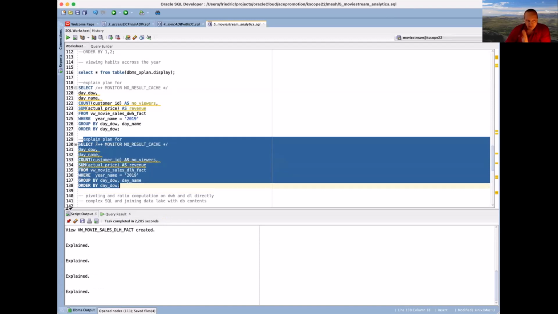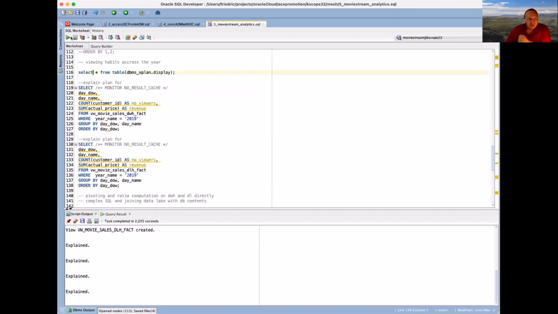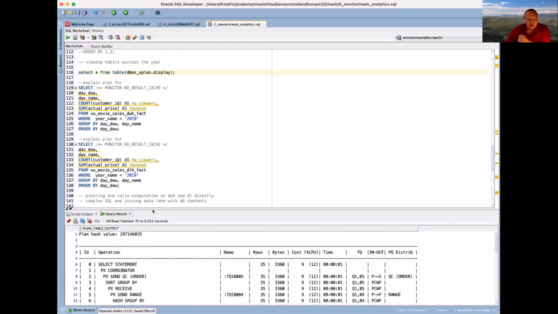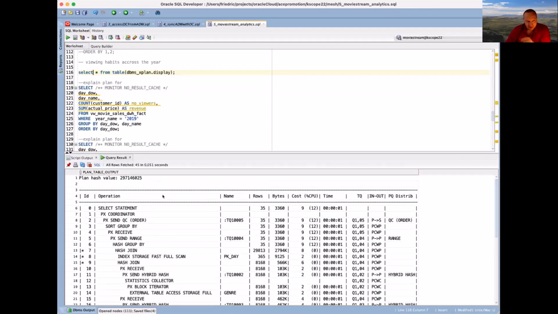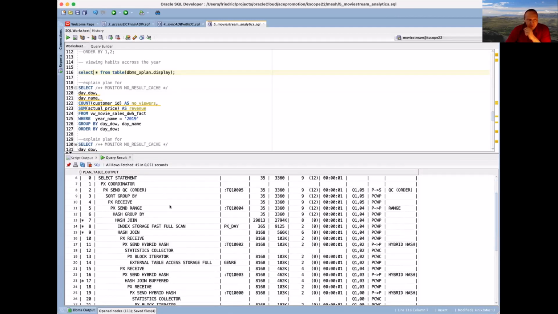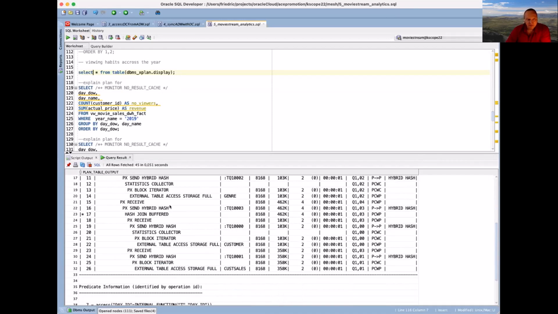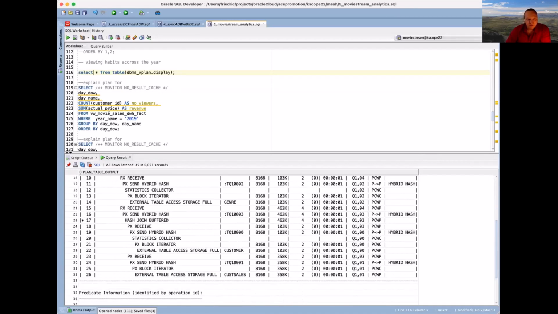Granted, it's in Parquet files, so column-oriented binary file format, but it still has to go through it. And in order to bring it together with the other dimensions, we don't have a key vector transformation because it's not residing in the database already. So we have regular hash joins. And if we do that, we see